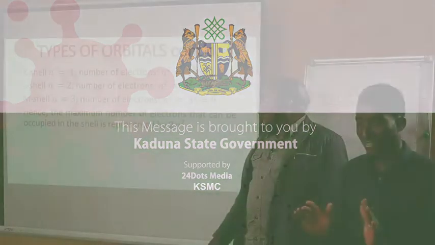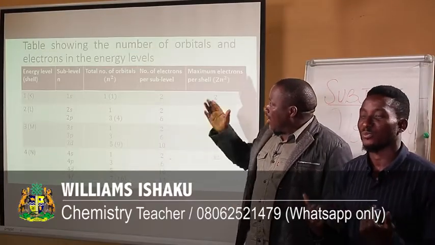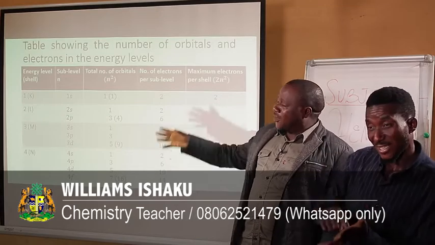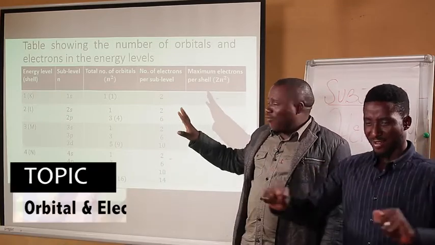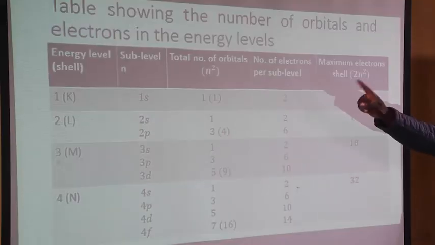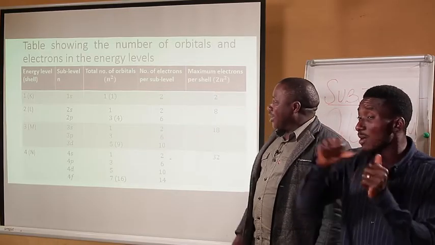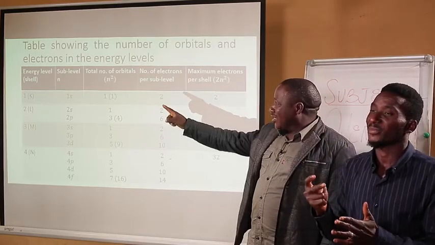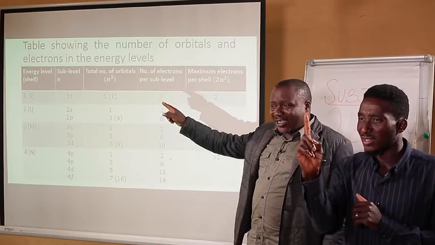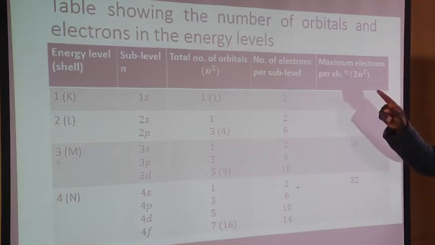Now let us continue with the other aspect of the electronic configuration. Whenever we're talking about this, we can represent it in a tabular form for a better understanding. Take for instance, you can see from the table above, the table showing the number of orbitals and electrons in the energy level. The first one, if we are talking about the first shell, like I mentioned the other time, it has only one s orbital found at the first shell, and so therefore